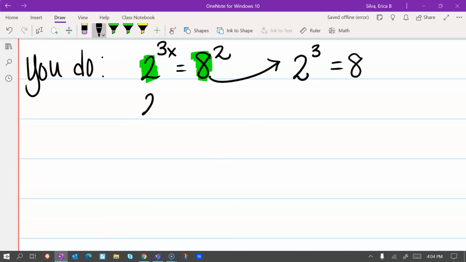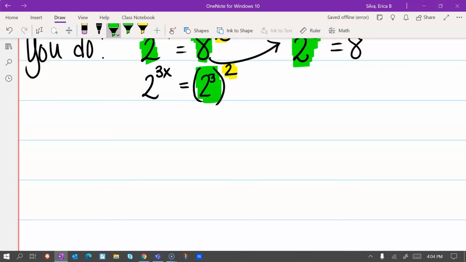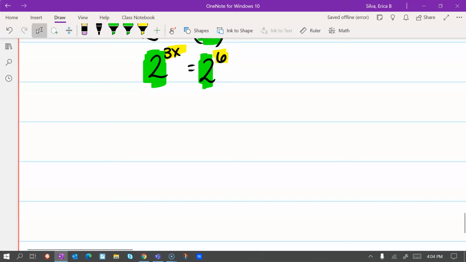So let's rewrite it. 3 to the x power equals, and now we're going to put this 2 to the third power in place of that 8 because they are equivalent. And we just bring down this squared. And now, let's rewrite it. 2 to the third power to the second power gives us 2 to the sixth power. And now that our bases are the same, we can set our exponents equal to each other. So we've got 3x equals 6,